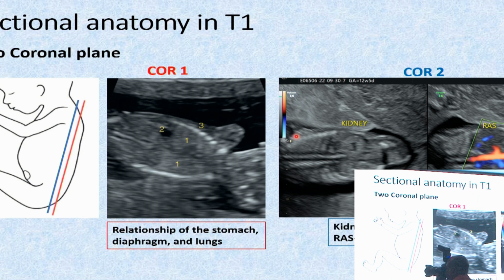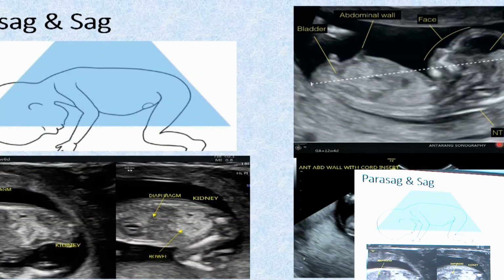And then a slightly coronal section which goes still posteriorly, where you can see both the renal arteries and both the kidneys, and also if you want you can go for Doppler evaluation, where the renal artery confirmation will definitely give you a lot of confidence that yes, the kidneys are present there. And the third section is the parasagittal and the sagittal section. It can be in the prone position or in the supine position. Again here the most important things we look at are the diaphragm and the kidneys, but still